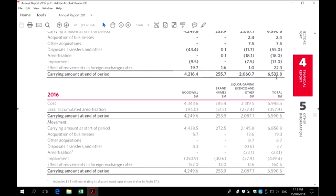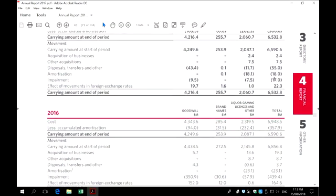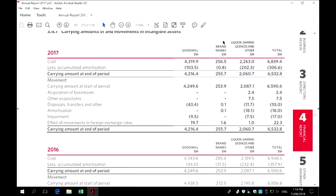$6.5 billion is the current value of the intangible assets. Is it substantial? Yes, it is. And if you consider the $50 billion of revenue, this number can be very substantial for the company, and it does rely on the liquor gaming license to generate future revenues. So given this, the size of the intangible assets, it does require us to put some